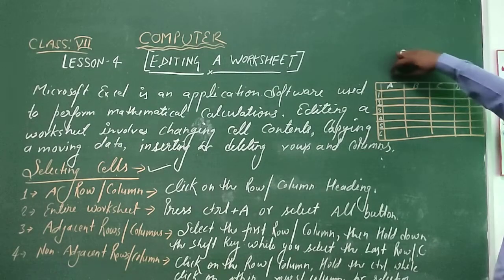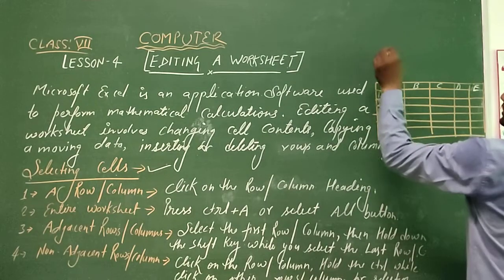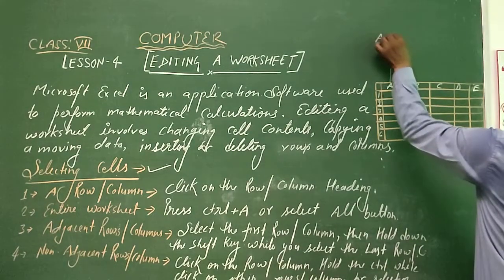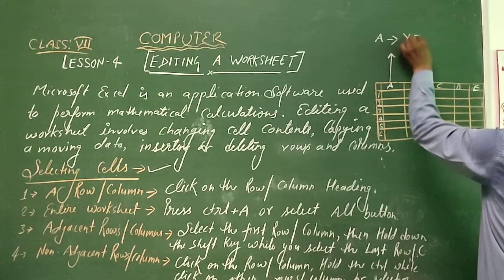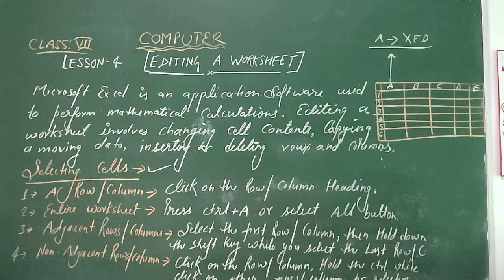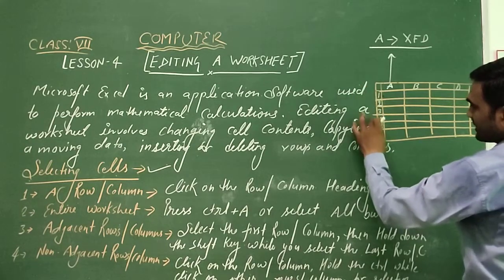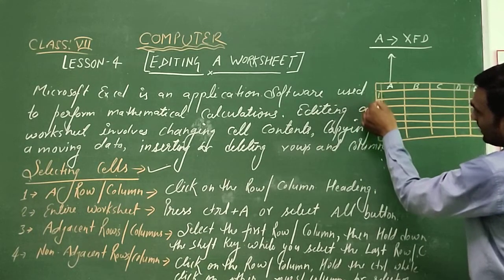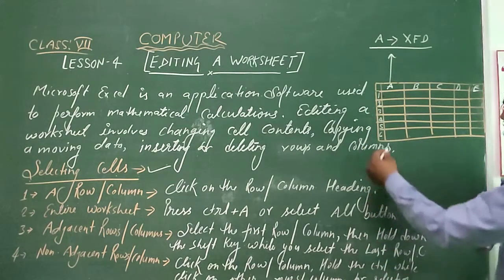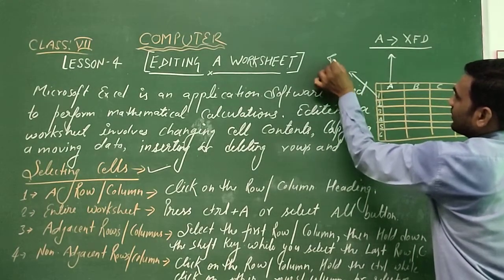So these are columns. We all know in our Excel sheets columns start from A and the last column address is XFD. Okay, and on the left side you can see in the vertical bar like this, the numbers start from 1, 2, 3, 4, 5, 6, 7, 8, 9, 10. So these are called rows,